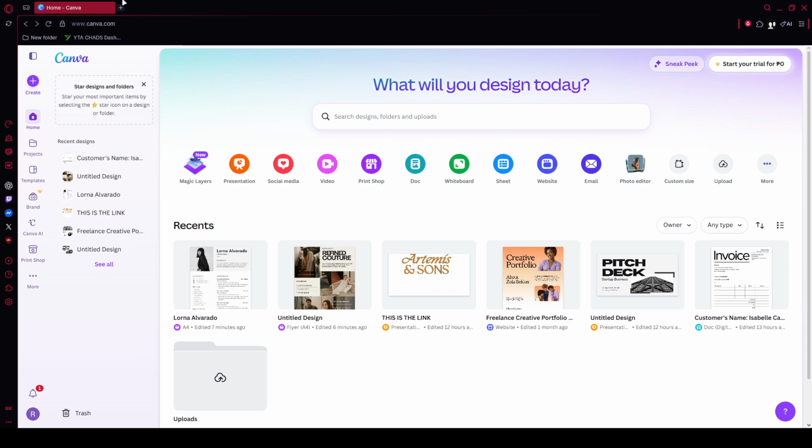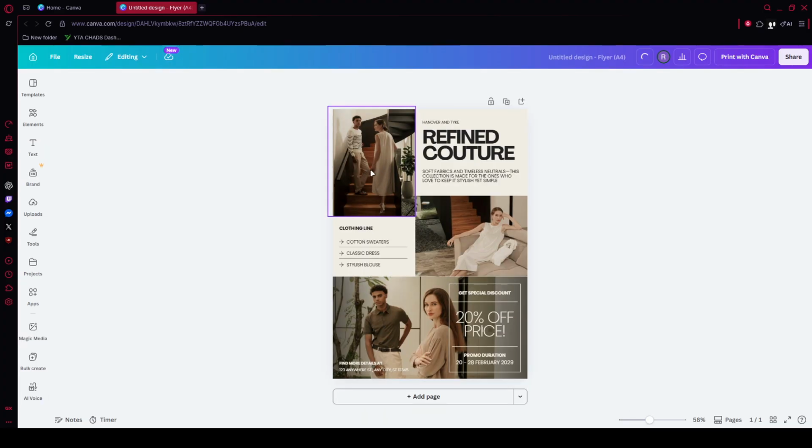To begin, make sure you're inside an active Canva project. A common mistake is looking for editing controls from the main homepage before opening a design. To access the opacity settings, you need to be working inside the actual editor. From the Canva home screen, click Create a Design and choose the format you want, such as a presentation, flyer, or social media post. If you already have a project saved, just open that instead so your design loads into